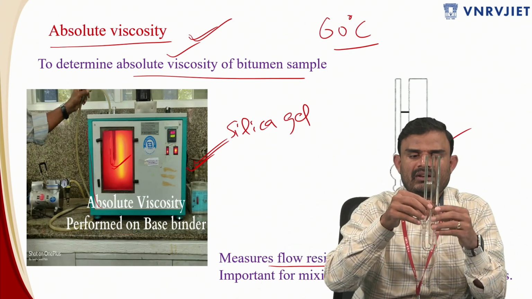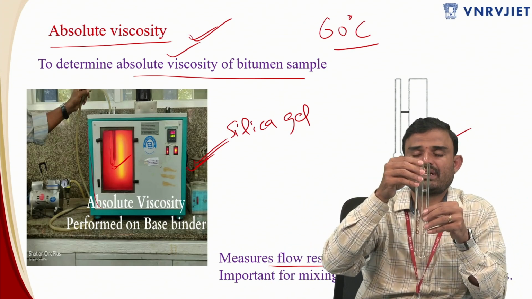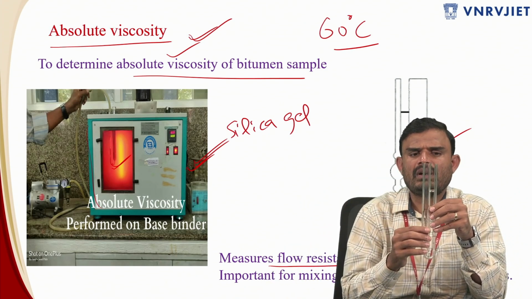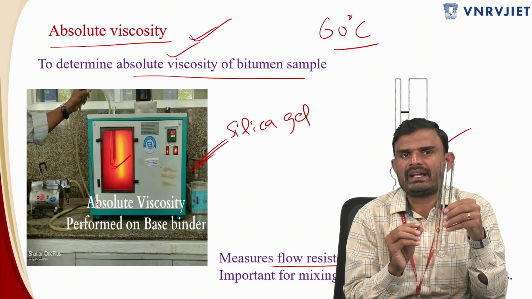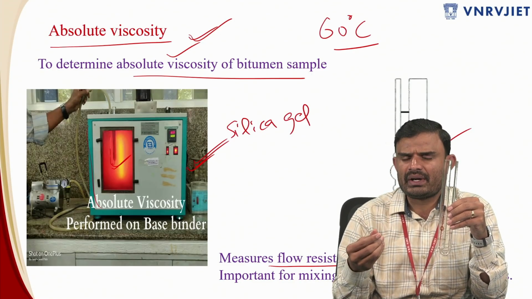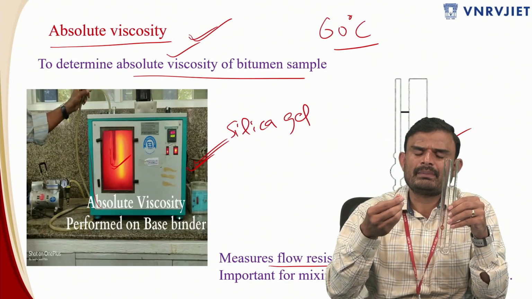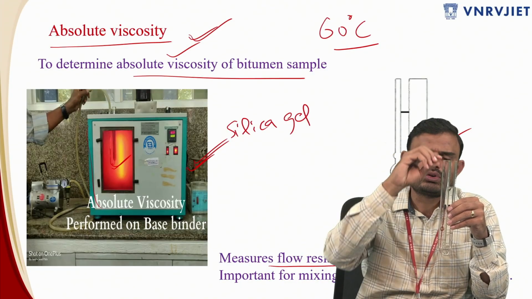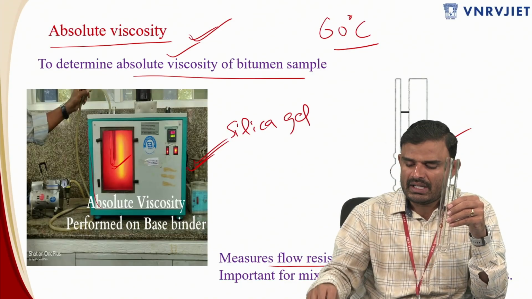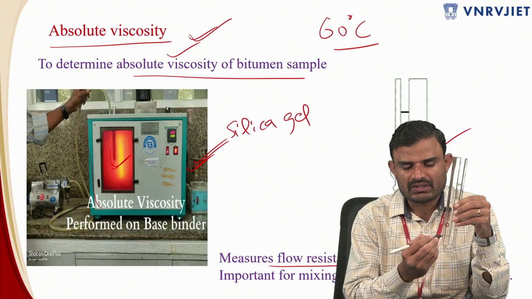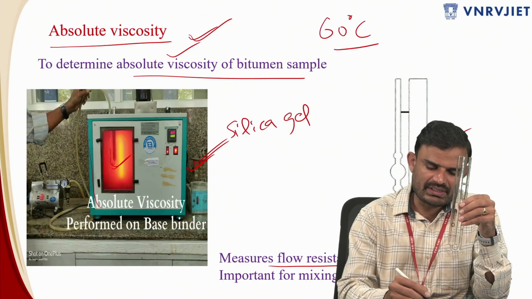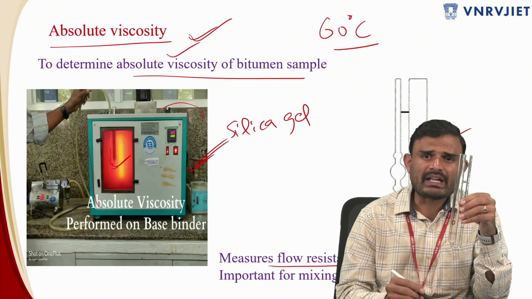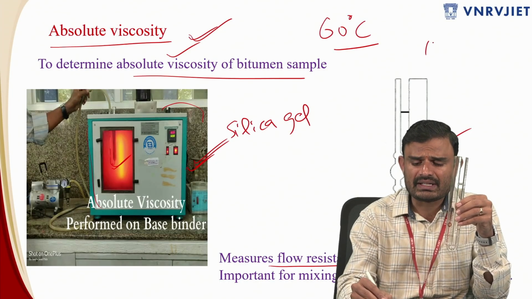So this is the viscometer you are having. This is the larger side of the bulb, where I have to take 20 ml of the bitumen. Again, you have to heat the bitumen to softening point temperature and condition it, and you have to pour 20 ml of the bitumen such that the bitumen comes up to this marked level. And this entire setup, the viscometer, has to be kept in an oven at 135 degrees centigrade